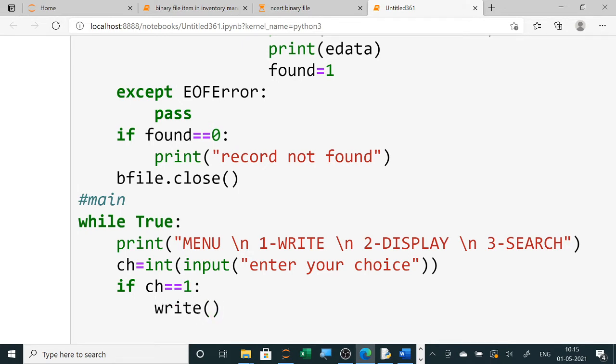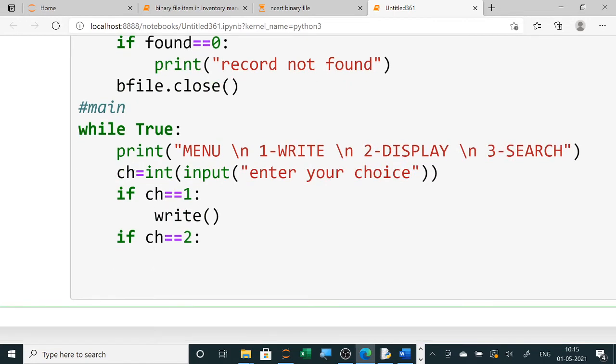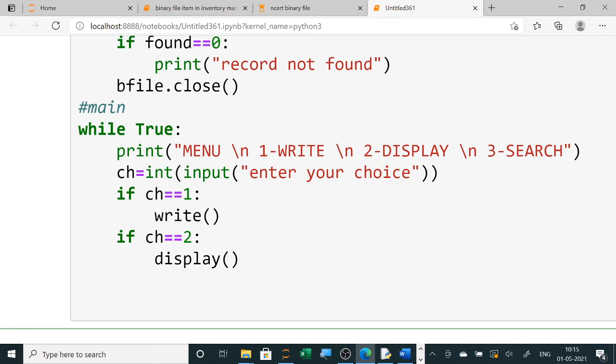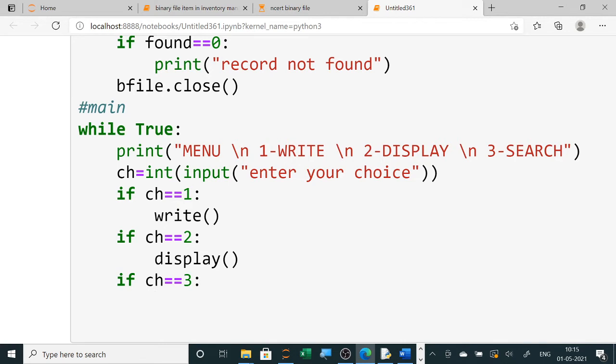And if choice equals 2, you can copy paste also, this next one was display, and the third one was search. Third one will be if choice equals 3, and then you are calling search.